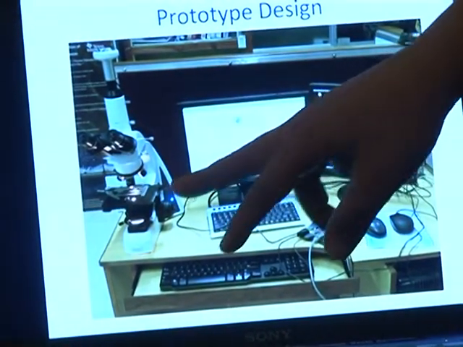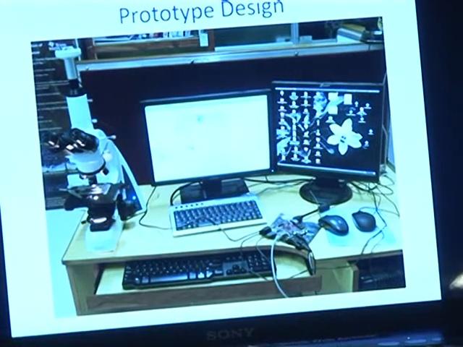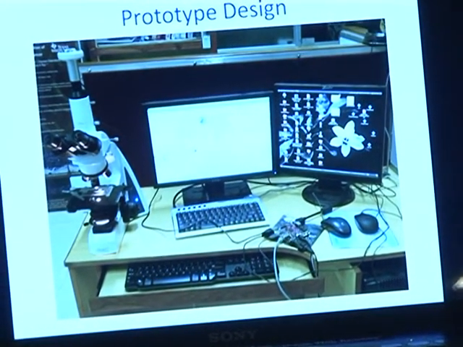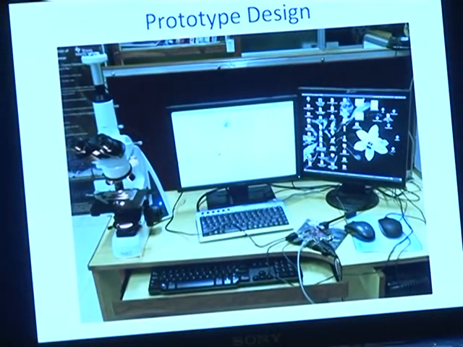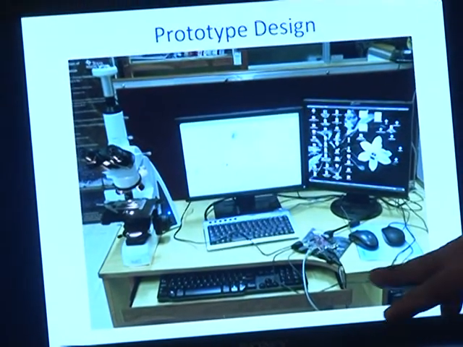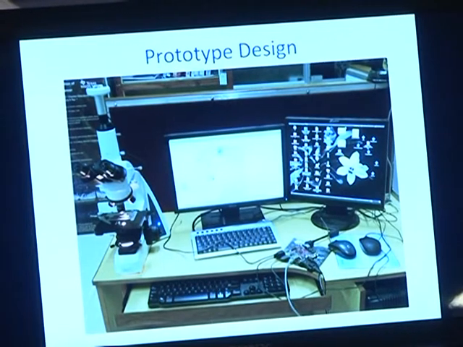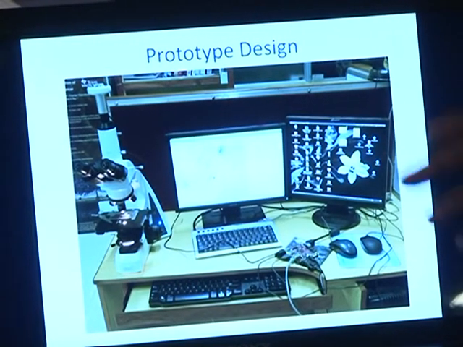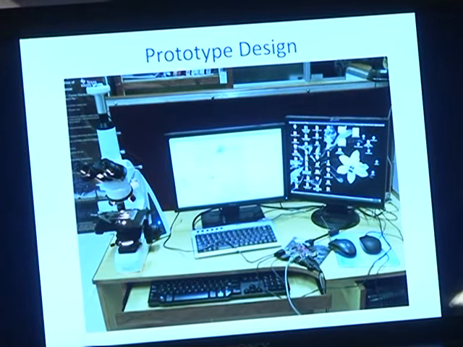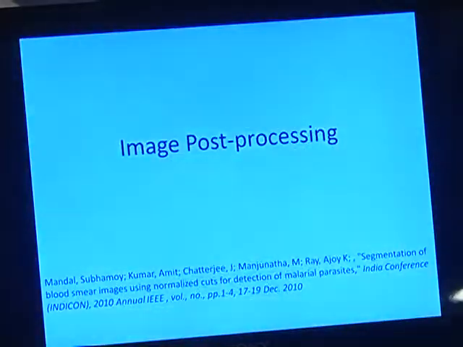You can see this is the microscope module. It is a compound microscope with a 40x objective, and we have a camera system on the top which picks up the images, and we put them onto a Beagle board which displays them on a monitor. The whole system runs on open software and open hardware, where we have a Linux system operating.